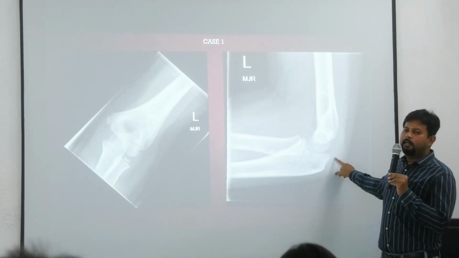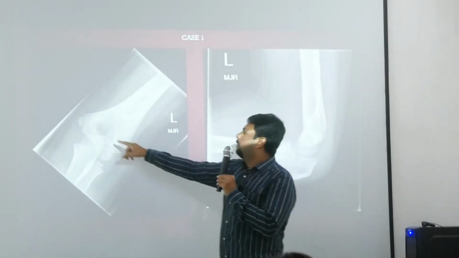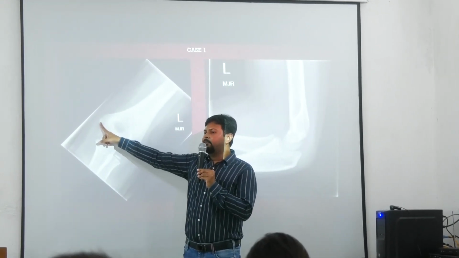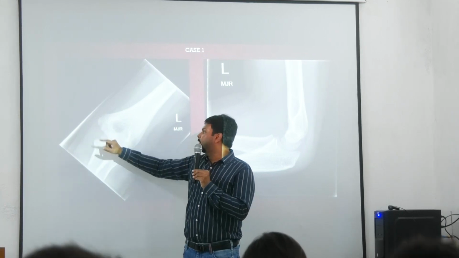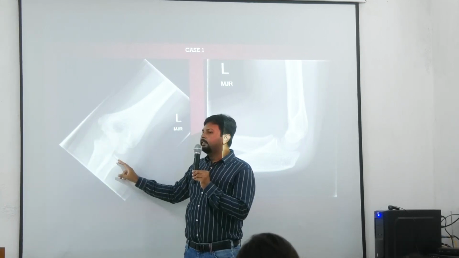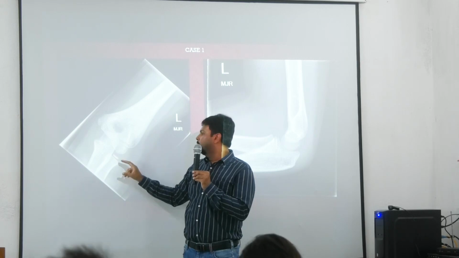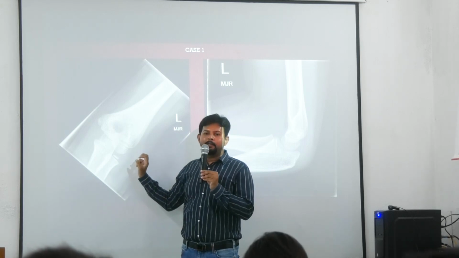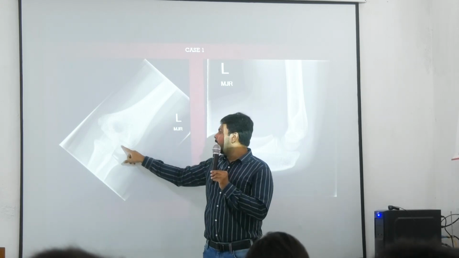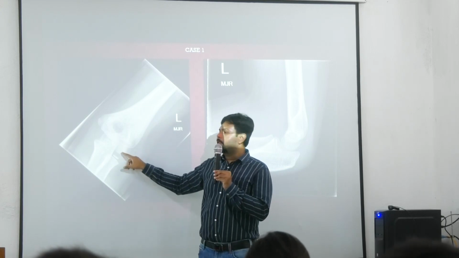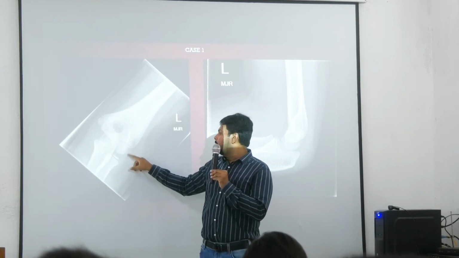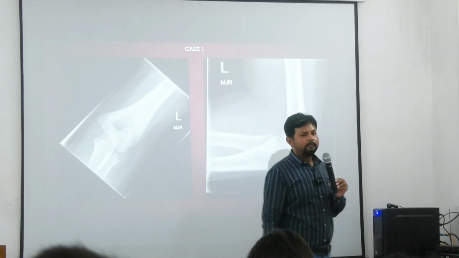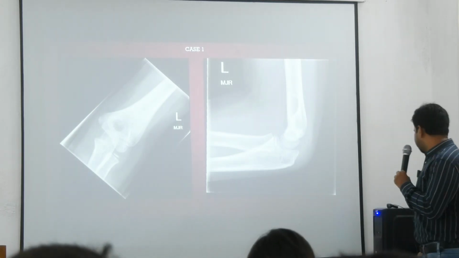ওলেক্রানন প্রসেস অ্যাপিয়ার করেনি। ঠিক আছে, মিডিয়াল এপিকন্ডাইল অ্যাপিয়ার করেছে, ফিউজ করেনি। অ্যাপিয়ার করে 5 ইয়ার্সে, ফিউজ করে অ্যারাউন্ড 14। ঠিক আছে, অ্যাপিয়ার করেছে, নট ফিউজ। সো এজ ইজ 6 to 10 ইয়ার্স, অ্যাবভ 6 and below 10 years as lateral epicondyle has not appeared. বোঝা গেছে? এইটা কি বলো, এটা ক্যাপিটুলাম। এটা কনফিউজ করবে না মিডিয়ালের সঙ্গে, ল্যাটারালের সঙ্গে, ক্যাপিটুলাম এটা। ঠিক আছে, বোঝা গেল? এবার আর একটা স্লাইড করব।